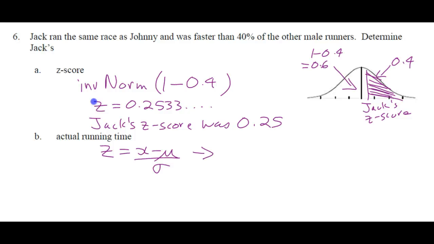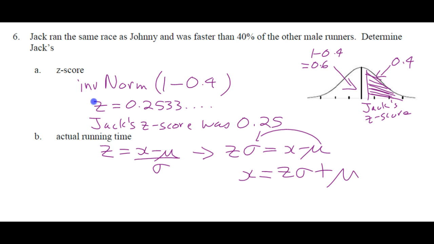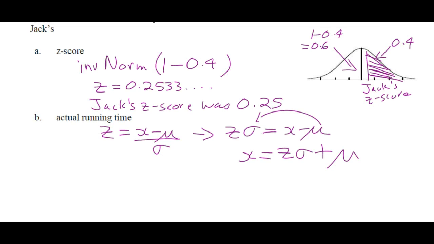So we can do a little rearrangement. Z sigma is X minus mu. So X is equal to Z sigma plus mu. Move this over, add it to both sides, and isolate. We're trying to isolate the X. So X is equal to Z sigma plus mu. We know the Z. We're just going to pull that out of our calculator. So X is equal to